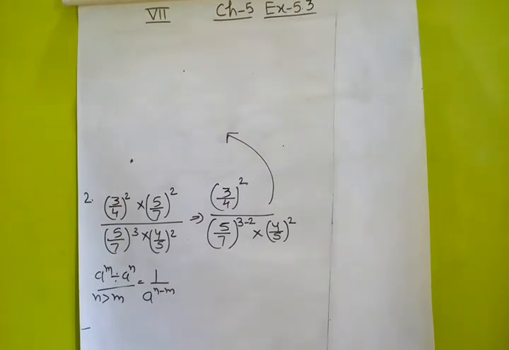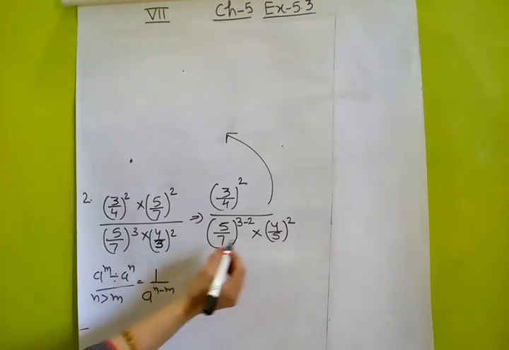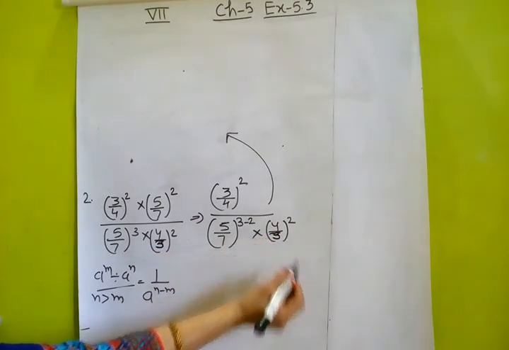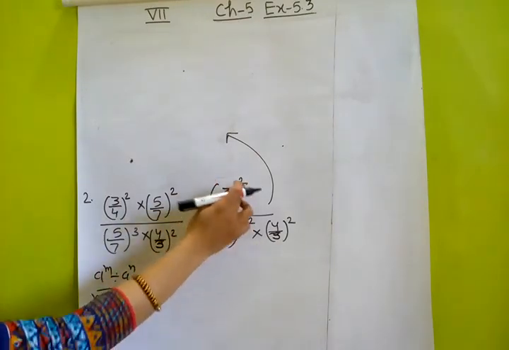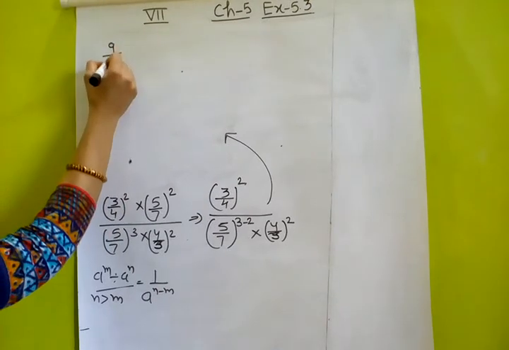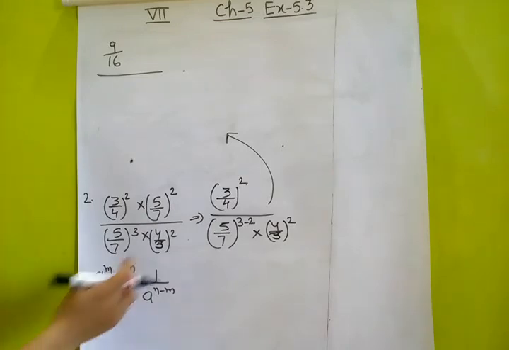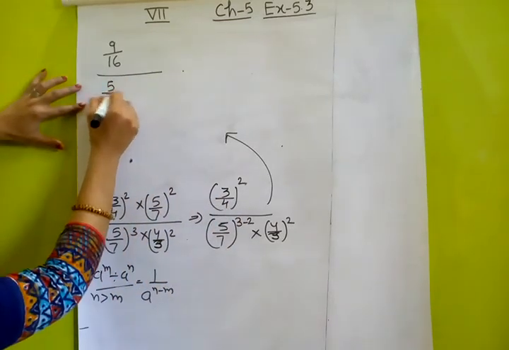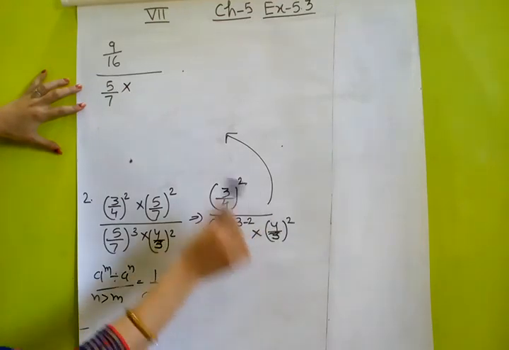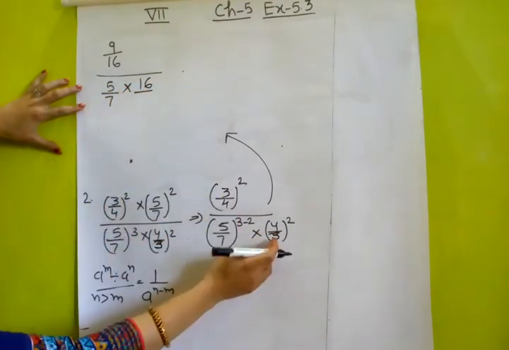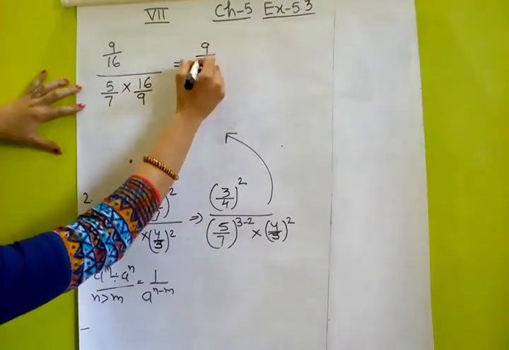Now students, by mistake I have written here 5 and in your book 3 is given, so you can make it 3. That's why students I am doing the calculation again because 3 is given in your book. So now students, 3 upon 4 square means it will be 9 upon 16. Now student, downside 5 upon 7, 3 minus 2, it will be 1, so 5 upon 7. Now 4 upon 3 whole square, 4 multiply 4 is 16 and 3 multiply 3 will be 9. Now students, it will be 9 upon 16.